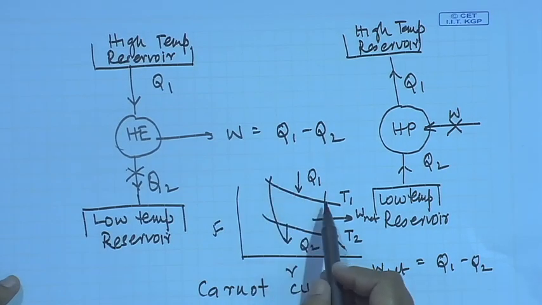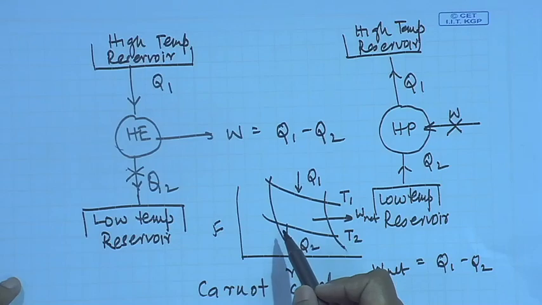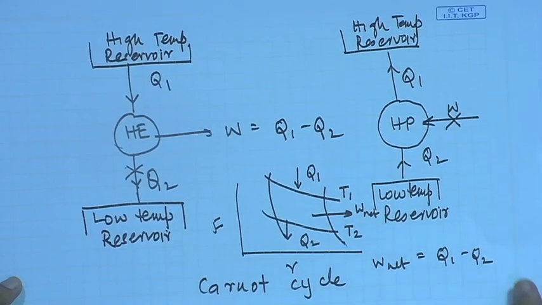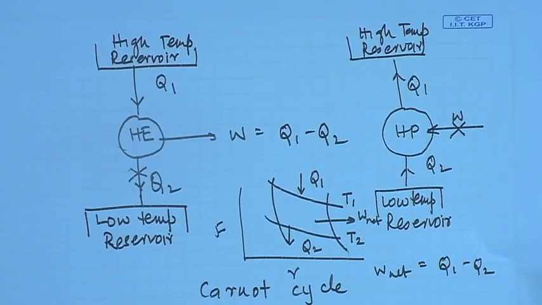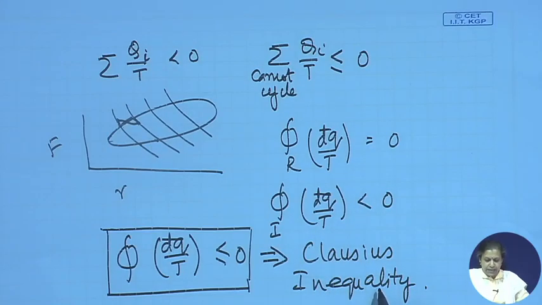If any one of these processes comprising the reversible cycle is irreversible, then it becomes an irreversible cycle. Okay. Now, based on this cycle, Carnot had proposed some very important propositions which we had already discussed in the last class, and based on those propositions we had derived the Clausius inequality,